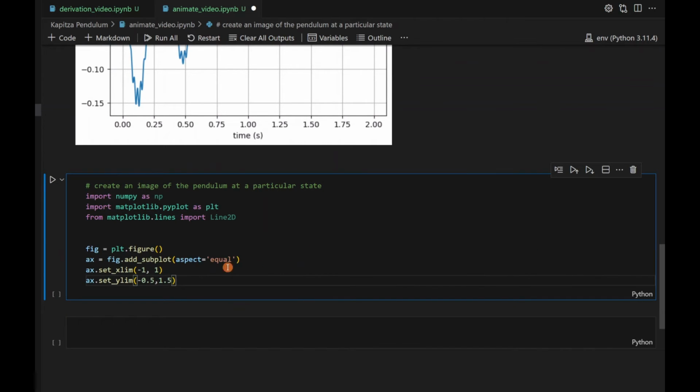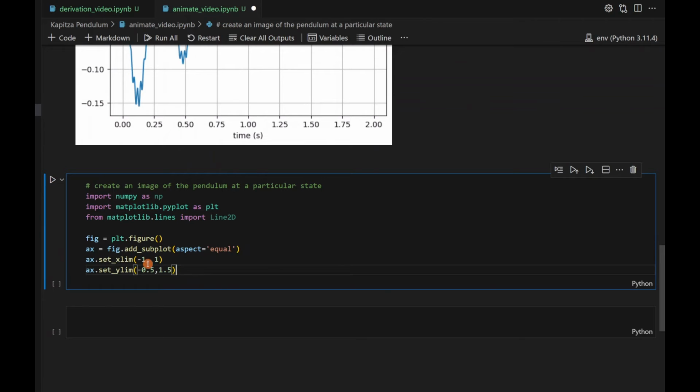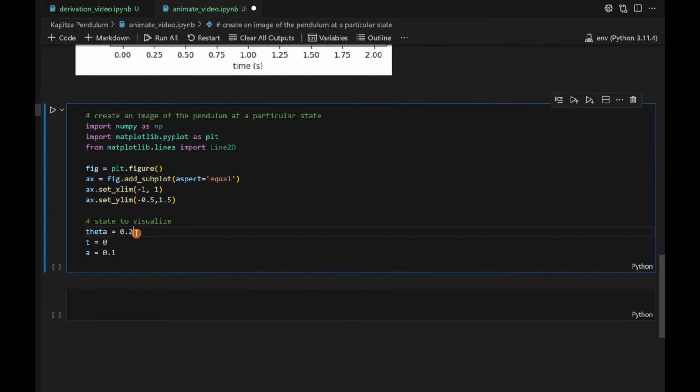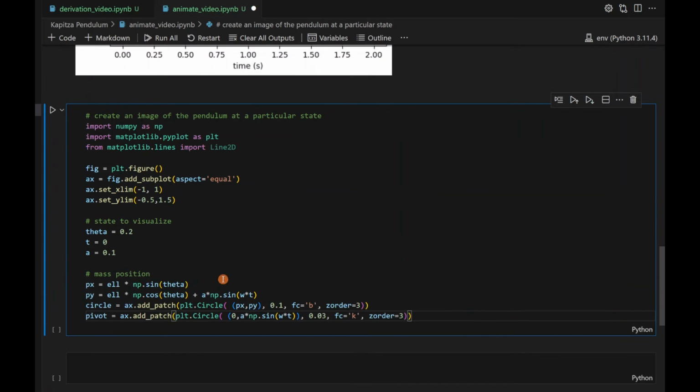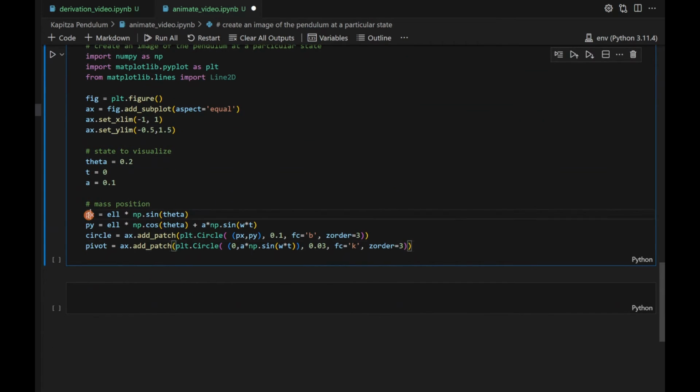Now let's go ahead and we'll create a new figure, and we'll set the X limits and we'll set the Y limits. And then we'll just start by having theta be, let's say, 0.2, and time to be 0, and of course A from a simulation it's just 0.1. So I'm going to go ahead and draw in the mass position. So we have the mass X, the mass Y, and then I'm going to draw a circle located at PX, PY. It's going to have a radius of 0.1, and we're going to make it blue,